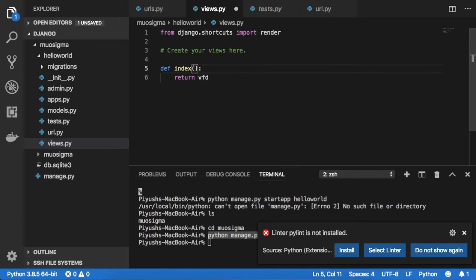So inside this index function we will have the request payload. Okay, and we need to return some response. So this will be the HttpResponse. So for example, I want to print hello world.